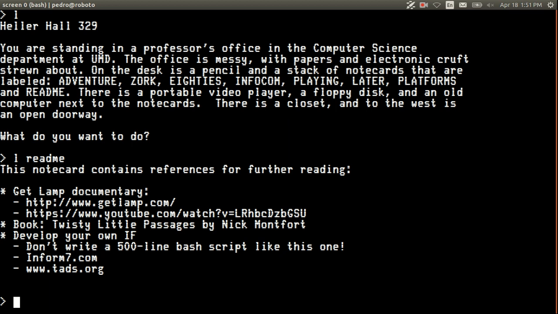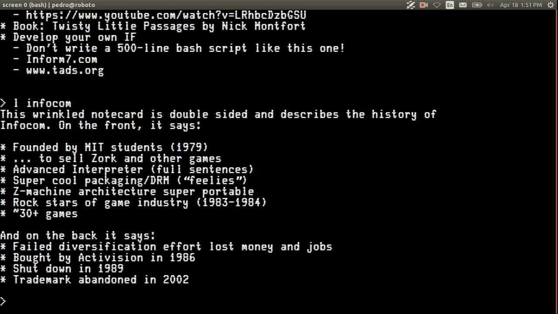So that's one thing that Infocom did really well: they had a really good interpreter and parser. The parser is the thing that parses the natural language that you write in and infers and figures out what you wanted. So if you said get, take is going to be a synonym for get, and other types of words. And if it's unambiguous, it'll figure out what you mean.